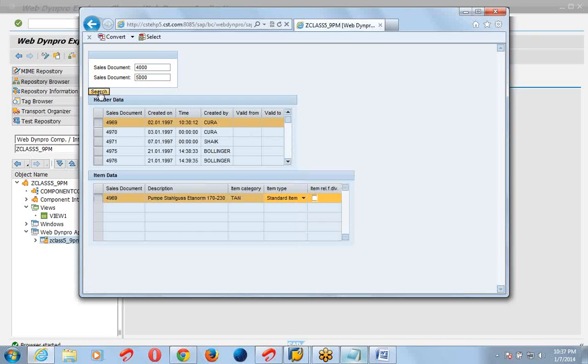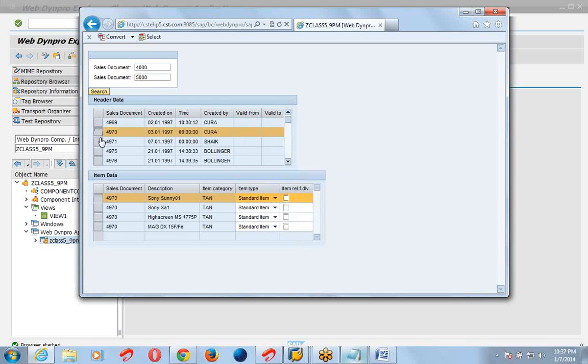Search. You are getting the data here. Can you select any data?